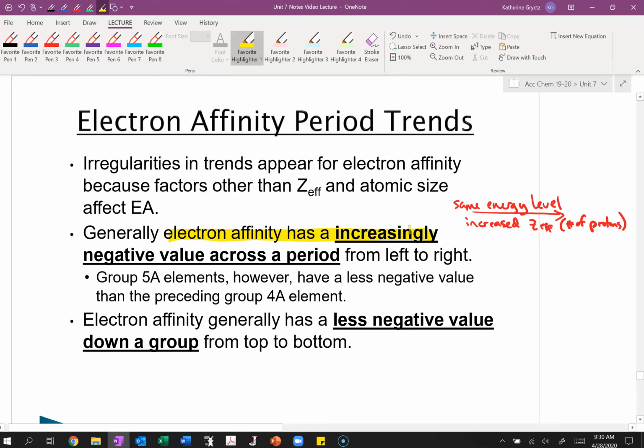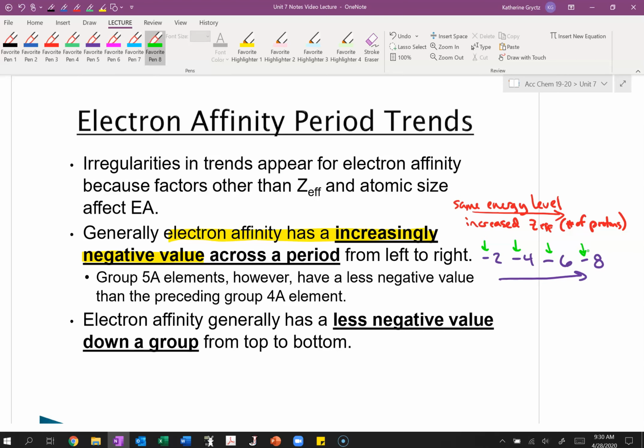Now the weird thing about electron affinity is that the first ones are generally a negative value. And so we say an increasingly negative value. What that means is something like -2, -4, -6, -8. Those numbers are actually getting smaller, but in science we use the negative in front of an energy change to represent the direction of the energy change. And so it's not actually a smaller quantity, it's a bigger quantity in a different direction. So generally electron affinity has an increasingly negative value as you move across the same energy level, but you increase